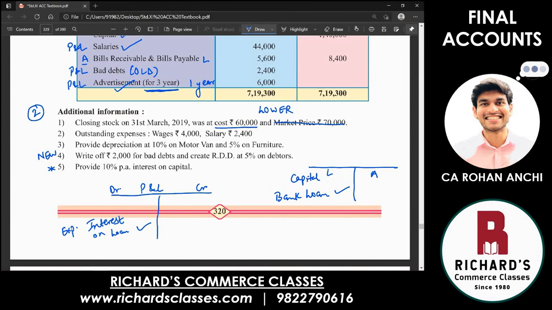And sometimes interest is paid on this capital. For giving money to the business in the form of capital, interest also will have to be paid. That is the same as an expenditure. Only the word changes: instead of writing interest on loan, now you will be writing interest on capital. Both are expenditures for the business, whether you pay to the bank or to the owner. Both of them have given you money. When you pay to the bank, you call it interest on loan. When you pay to the owner, you call it interest on capital. But both work exactly the same. We are paying the owner interest for providing money to run the business, and that is interest on capital.